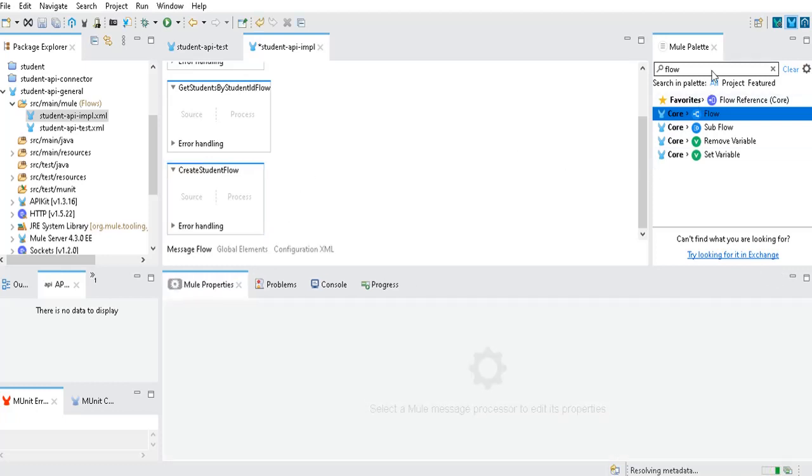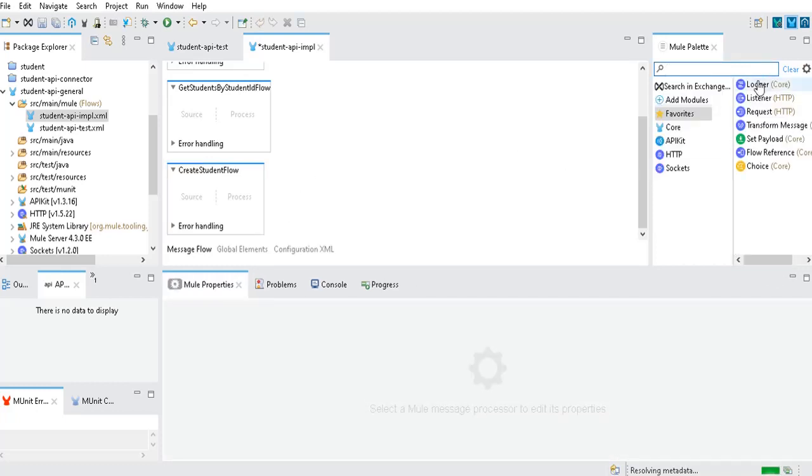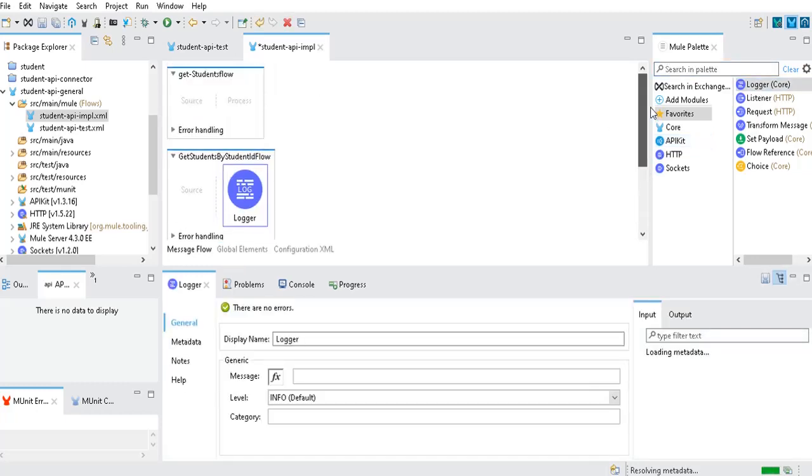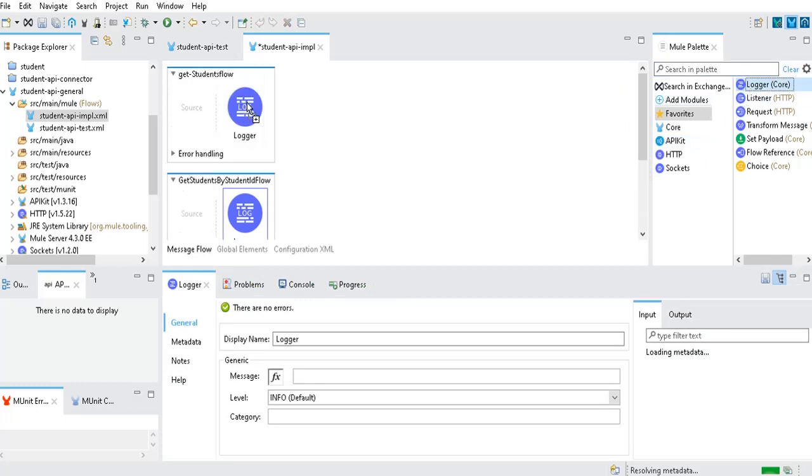Okay. So I'm going to add loggers just for the demonstration purpose. Okay, so let's assume that we have implemented these 3 resources.